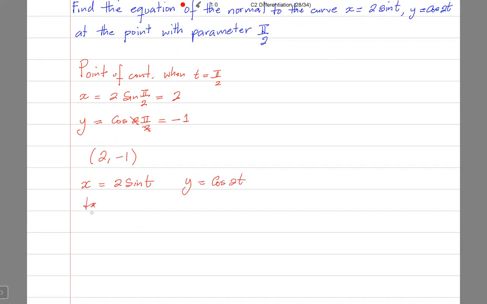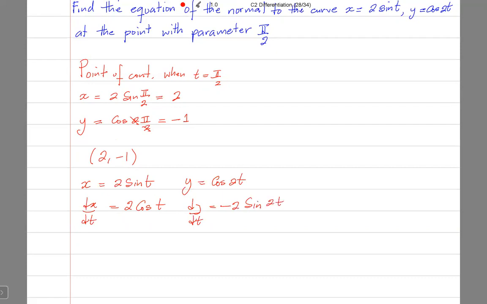So dx by dt would be equal to, differentiate sine and get cos, so this is 2 cos t. Now dy by dt would be equal to, differentiate cos to get minus sine, so it's minus 2 sine